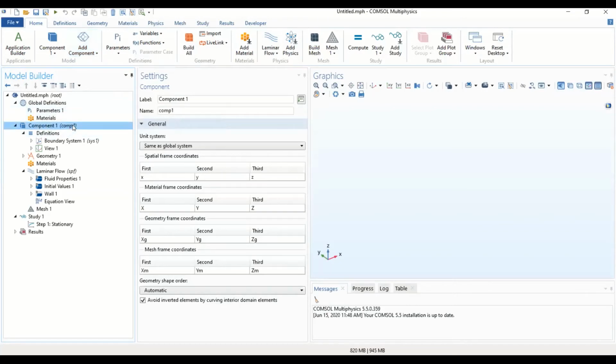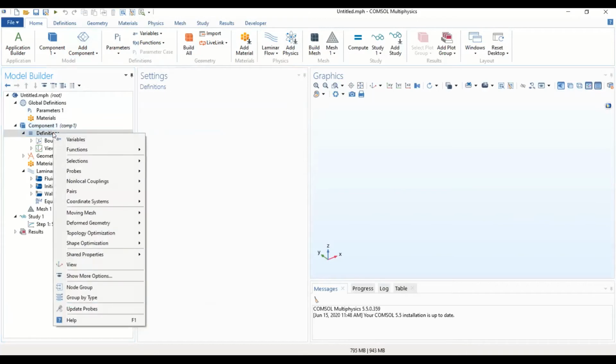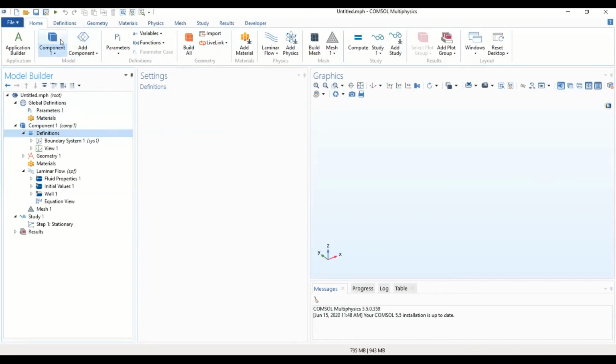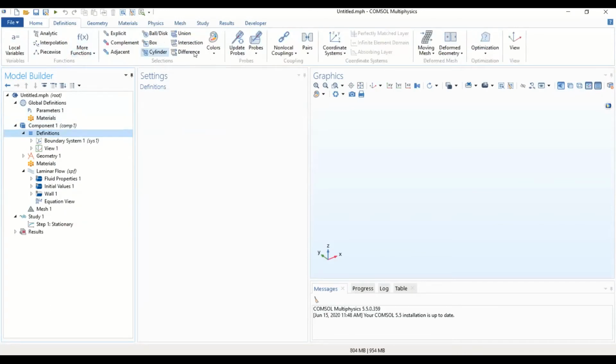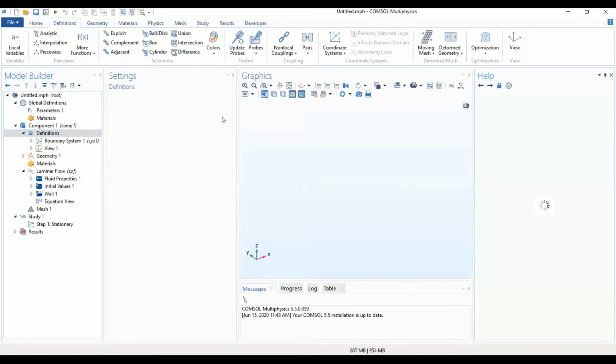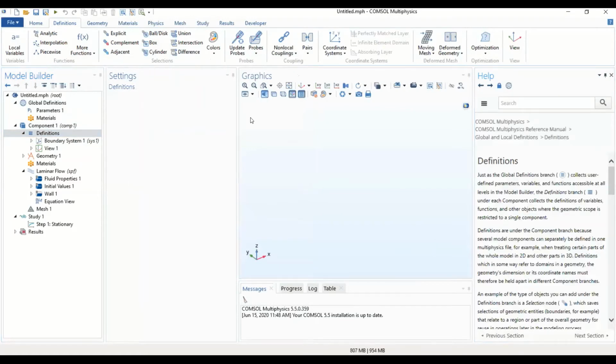So now let's take a look at the component. I have different nodes for definitions. If I look under definitions, I can see my variables, whatever kind of function I would like to call upon, probes, selections, and so on. So if I go to the definitions tab, I can find the same exact tools here. If I'd like to know more about any tool, I can just press F1 or help, and this opens my interactive help, which tells me exactly what each and every node I'm clicking upon here means and what it does and what it's for. So if I go, for example, to boundary system,